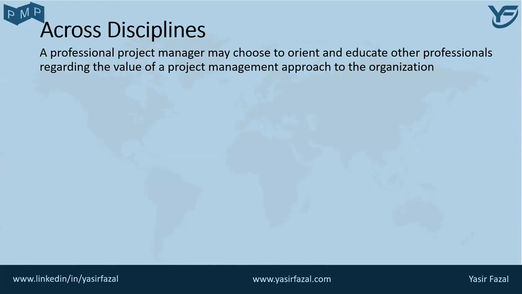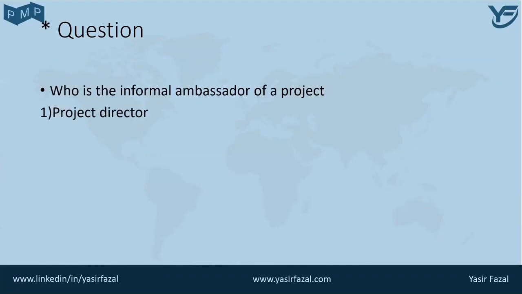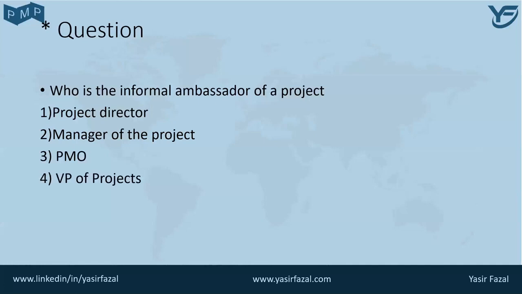project managers disciplines. So coming towards our star question, who is the informal ambassador of a project? So the option one is project director, number two, manager of the project, number three, PMO, and number four, VP of projects. The answer lies within this video, so